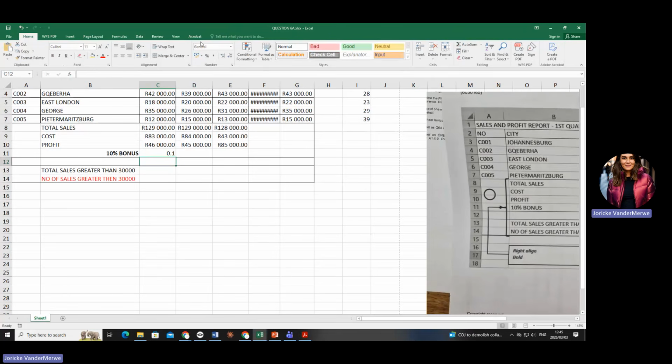Anything that says percentage of, can you remember in maths, of means multiplication. Do you still remember that? So multiplication is that little star, that little asterisk, of that amount. So the answer is going to be that. That is 10% of the profit. Are you with me? But that's not what they're asking.